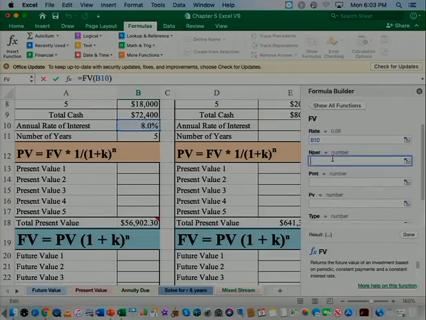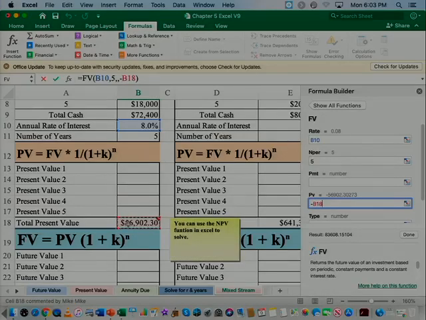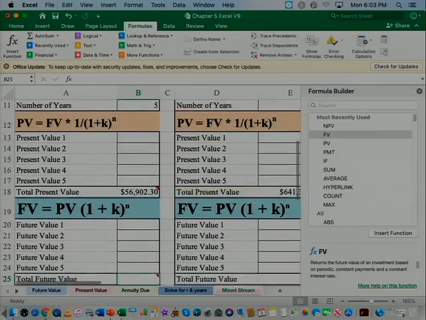N per is 5, because there's 5 years here. And then the present value, I'm going to put a negative sign in there first, and just click on the present value here, because when you have a present value field, Excel needs that to be negative for it to work. If it's not negative,